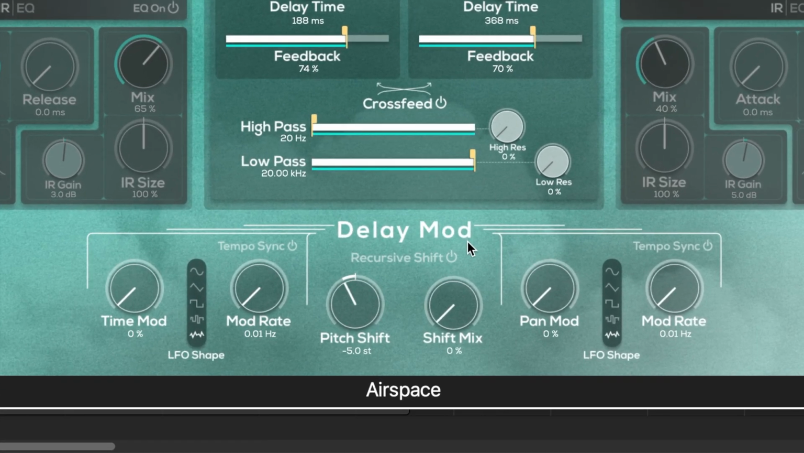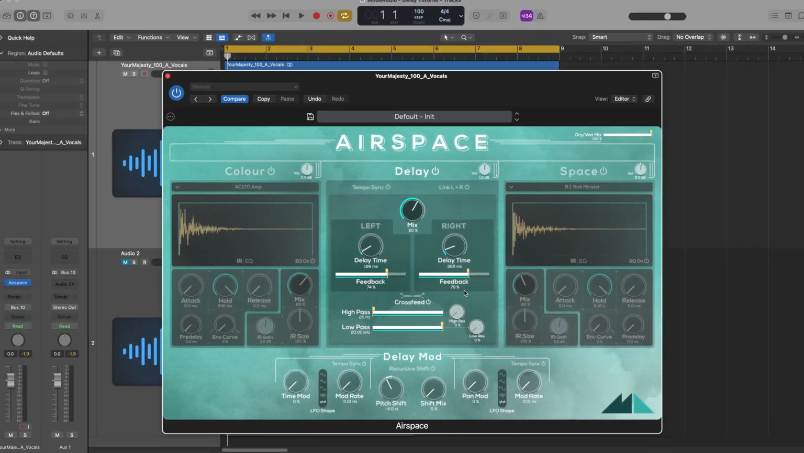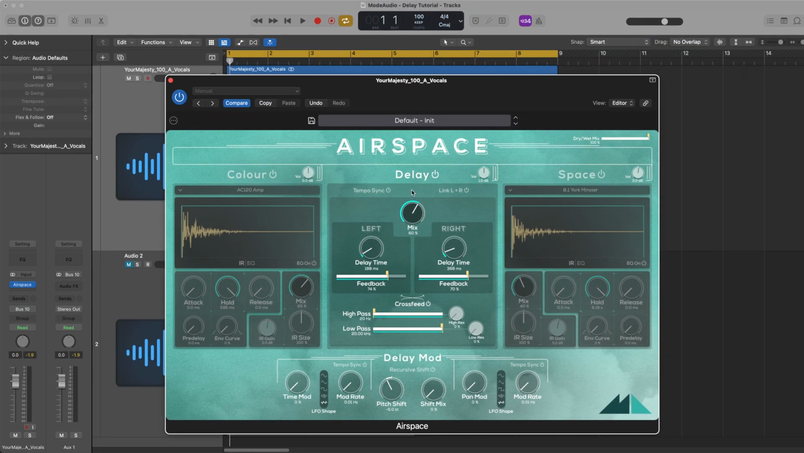Let's go! In a nutshell, this section is designed to modulate and enhance the sound of the main delay section above, using dual LFOs and even a whole other effect to bring character and movement to Airspace's output. Delay Mod is split into three subsections: Delay Time Mod on the left, Pitch Shifting in the middle, and Pan